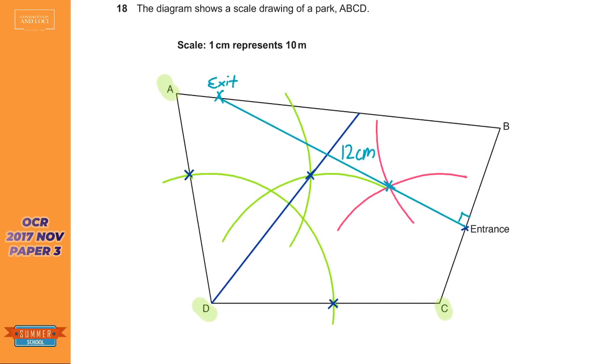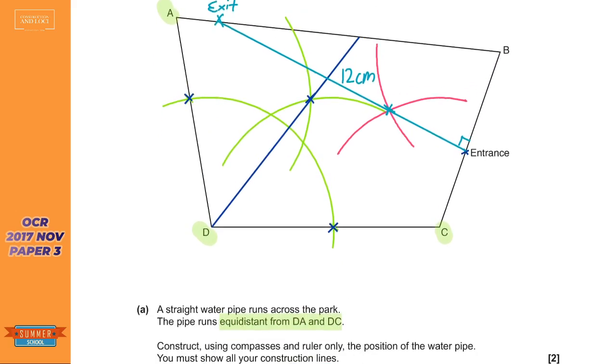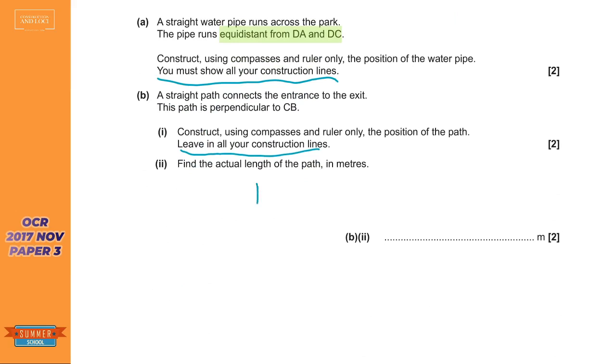However, this is where that scale comes in. Scale says 1 centimeter represents 10 meters. So all we need to do here is get that 12 centimeters, times it by 10, and that would be